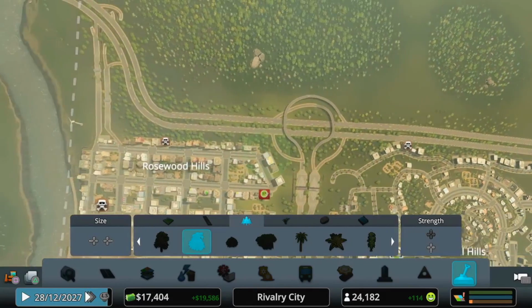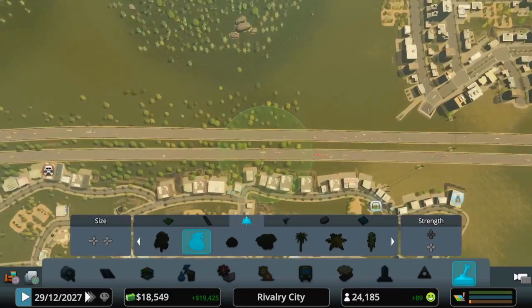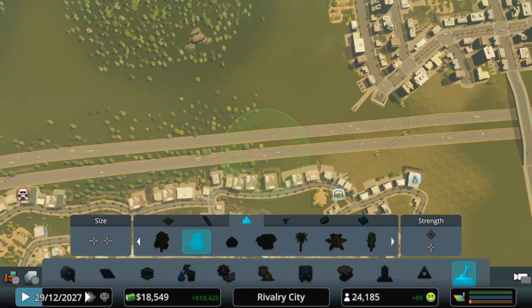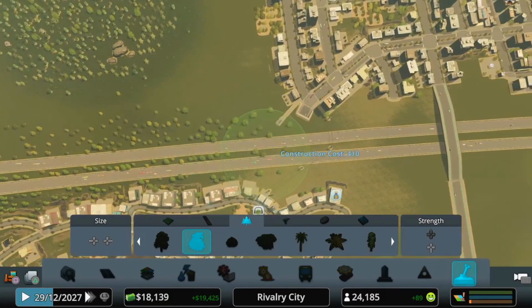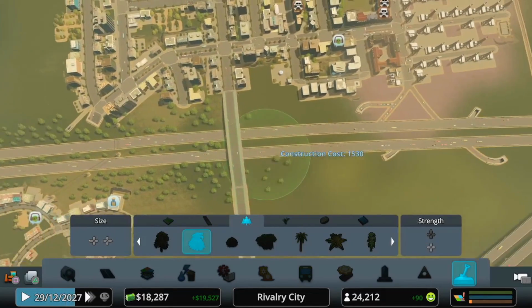We've obviously treed up all this bit and didn't tree this bit. We must have not owned the land at the time. We just planted trees up to here and that was it, kind of stopped. It's important because it helps with the noise. People don't like living near all the noise of this highway, so yeah, we'll just cover it with loads of